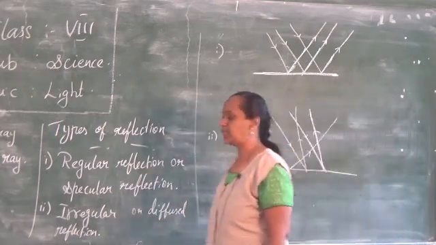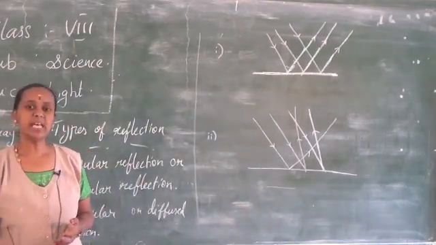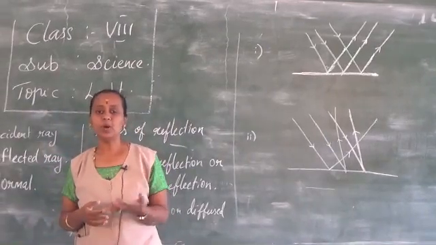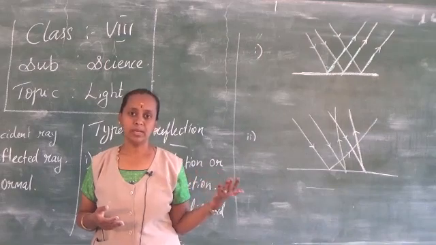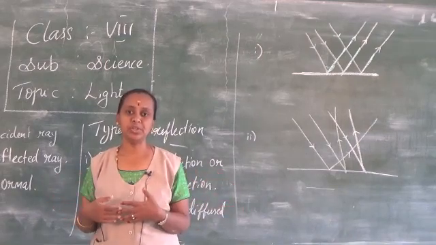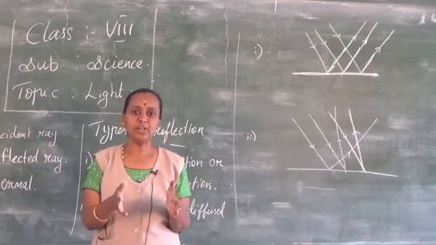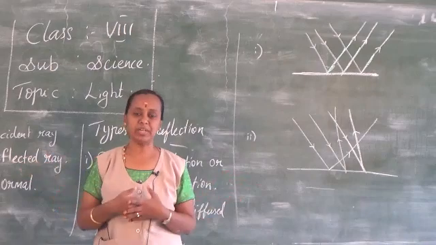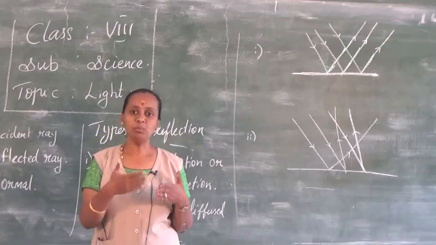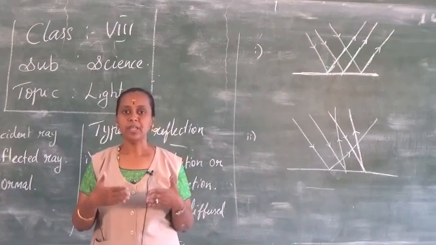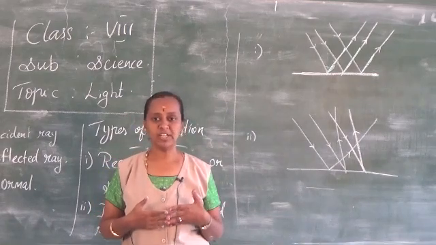The next reflection we are going to learn is multiple reflection. For example, when you go to a saloon or barber shop for your haircut, or to a dress shop, in the dressing rooms many mirrors are kept aside. When you stand in front of them, you can see multiple images created. These multiple images are created because two or more mirrors are inclined at an angle. Those images are called multiple reflections.